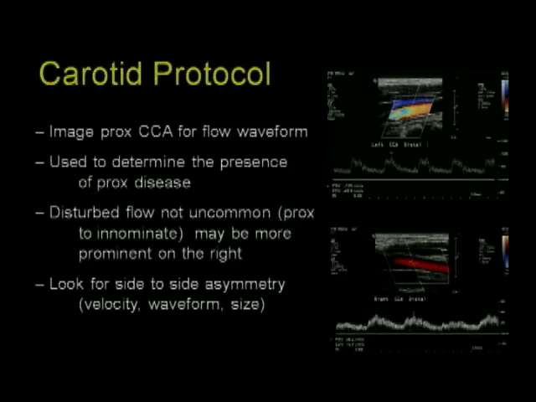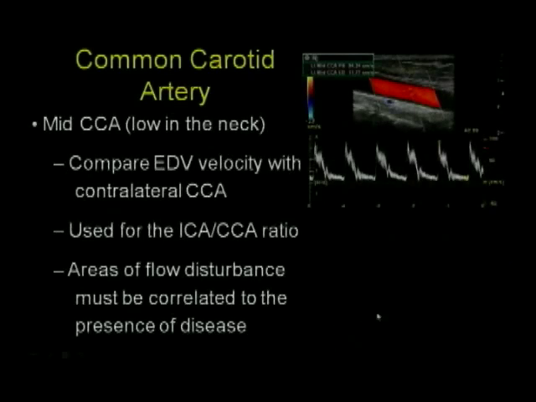I think the important thing here, however, is to look for side-to-side asymmetry, right versus left, in terms of the velocity that's acquired, in terms of the shape of the waveform, and also in terms of the size of the vessel. Here, if you take a quick look at the spectral waveform acquired on the left versus the waveform acquired on the right, you can see that there's a significant difference between the right and the left carotid artery waveforms. And this type of waveform here on the bottom really should, again, clue you in to the probability of